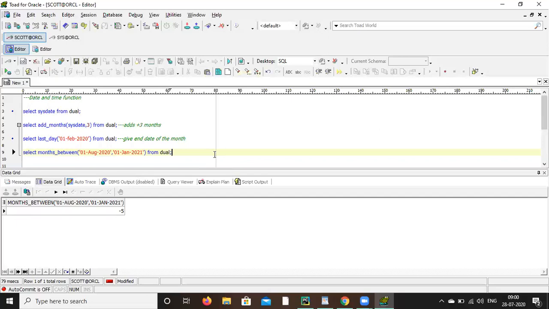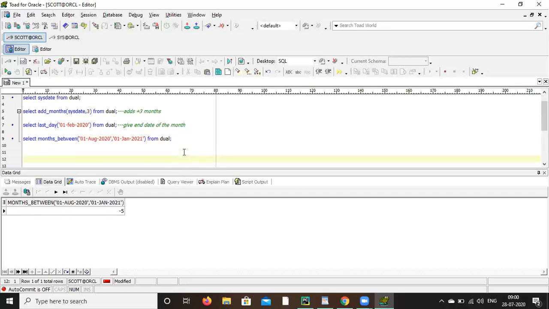Okay. So why is it giving -5? Because the higher date should always be first, then the lower one. But you have kept the higher one second. That's why it is giving -5.